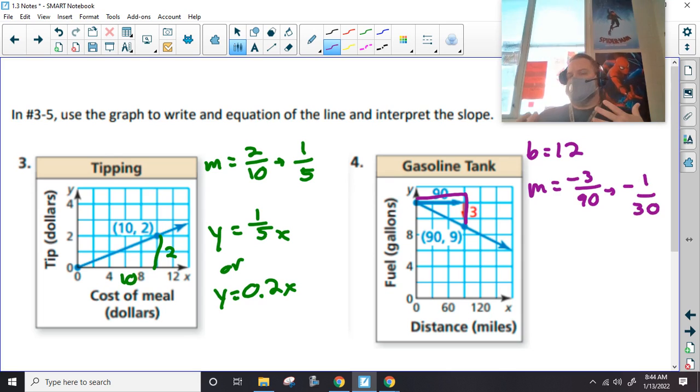because we went down over 90, which is -1 over 30. Now, I wouldn't want to write that as a decimal. It's probably going to be some crazy repeating decimal. And if you're bad at reducing fractions, these yellow calculators will do them for you. If you don't know that, I'll show you how that works. Okay. All right. So when we write this,